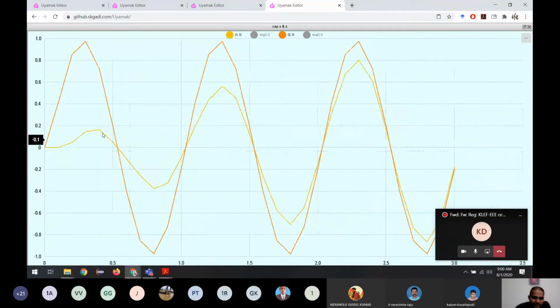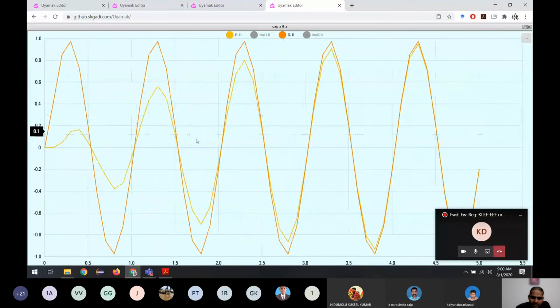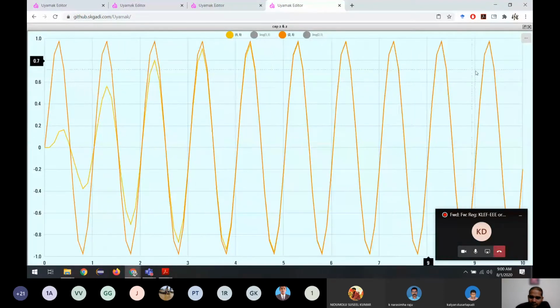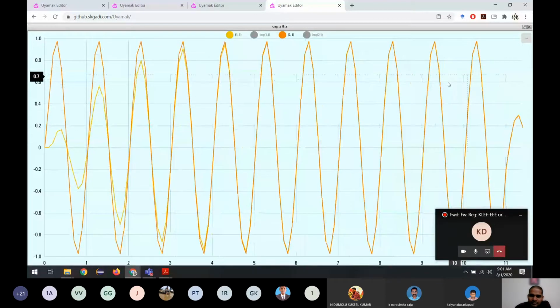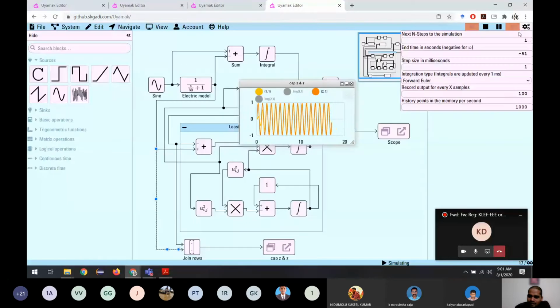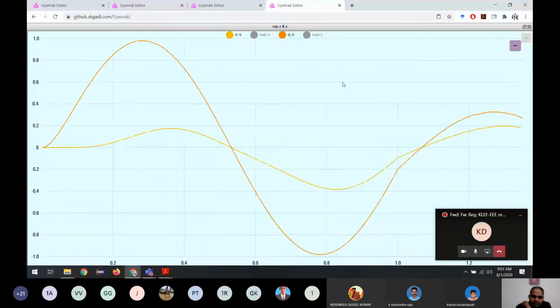Okay, so initially they started with different values, but as the time goes, the parameter gets closer to the real value. We can see both are coinciding with each other. And here you see that the graph is not very smooth because I'm not taking all the outputs to the visual side, to make the simulation a little faster. I'm taking only one output for every 100 times it is doing computation. If I reduce this to 10, the graph will be a little smoother. It will be much smoother than before.